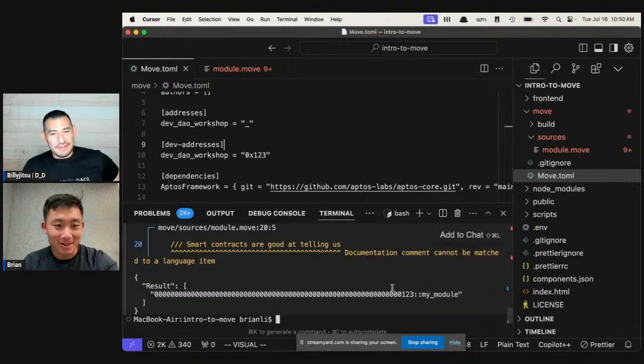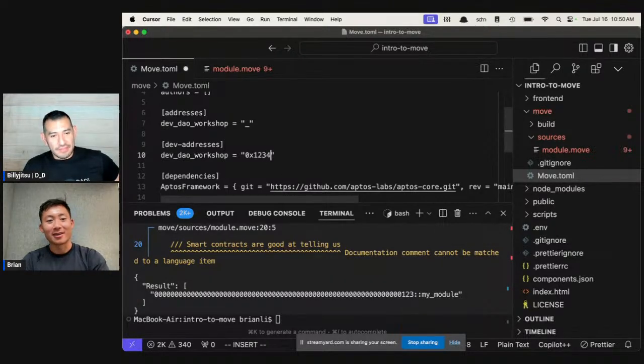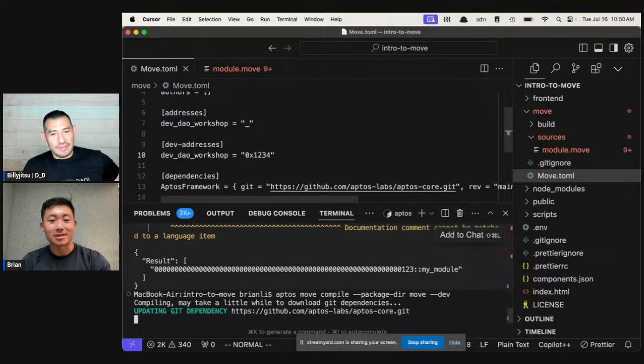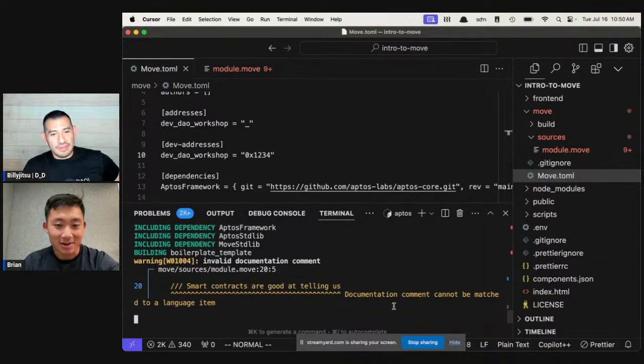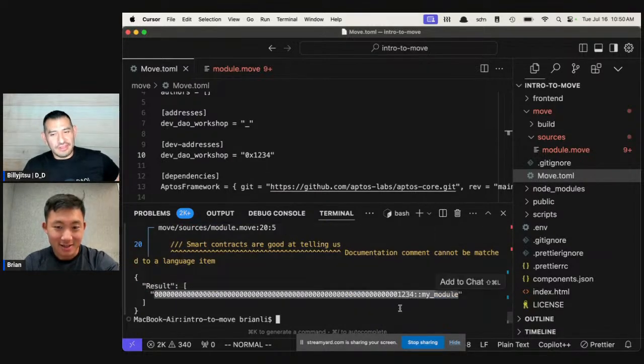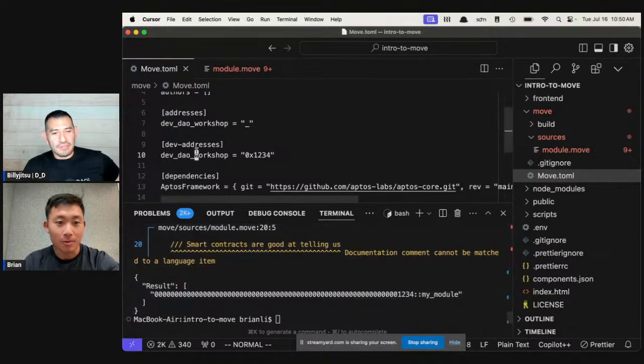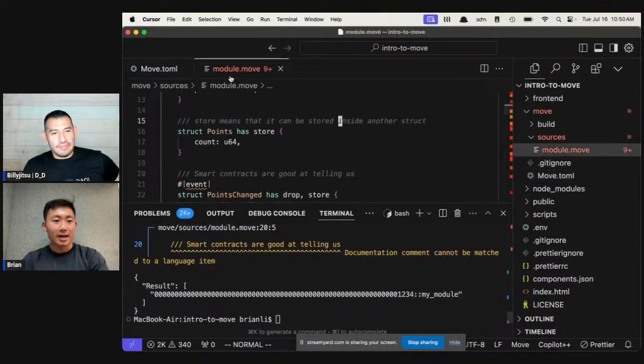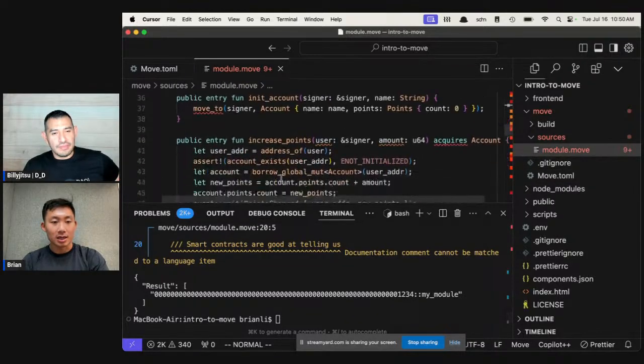So 0x123 is this 0x123 here. You can actually see a change if we do something like this. It should change to 0x1234. Nice. So these are dev addresses, and you can see that dev.DAO workshop is just an alias for the address. Right. So we compile it, and now if we want to run a unit test, we just,